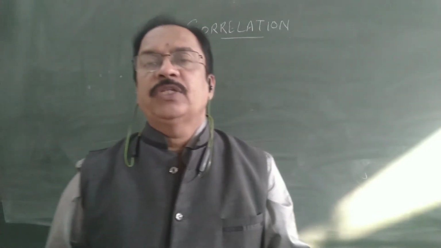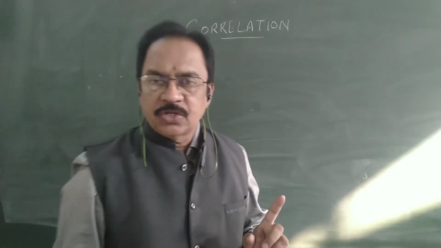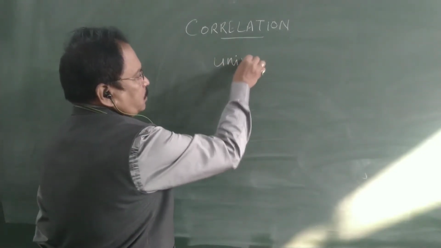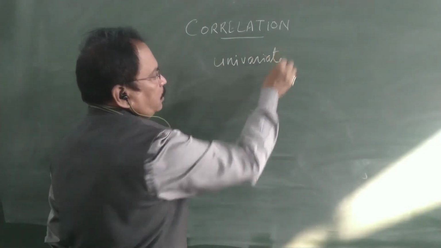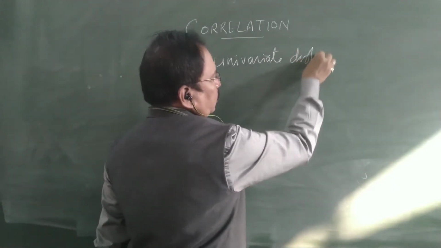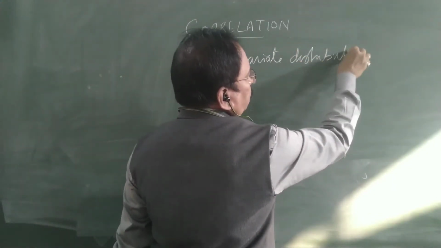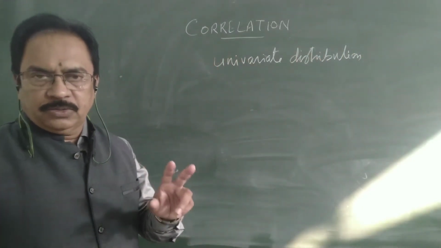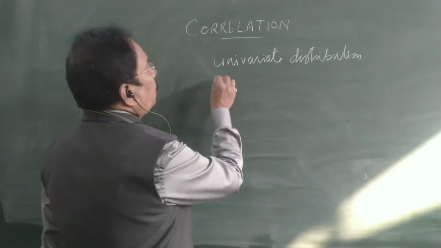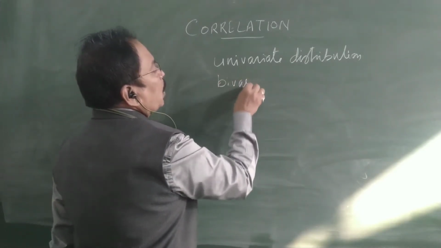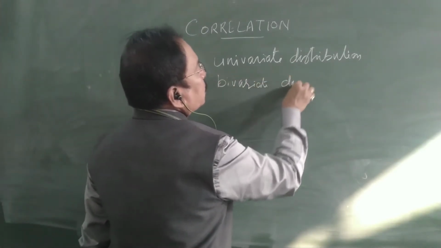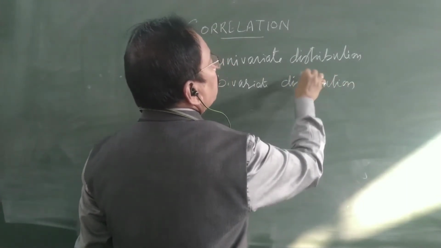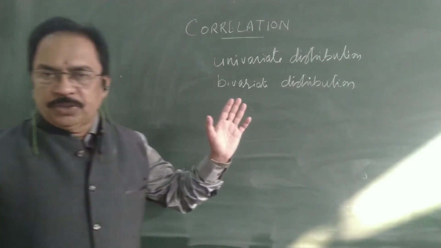In a series in which only one variable is given, that is called a univariate series or univariate distribution. If there are two variables given in the series, then that is called a bivariate distribution. So here in correlation we deal with bivariate distribution, like